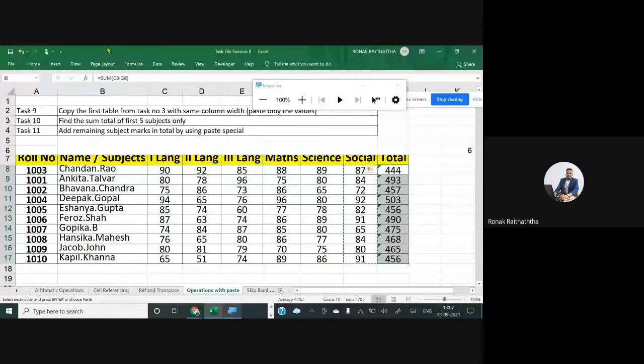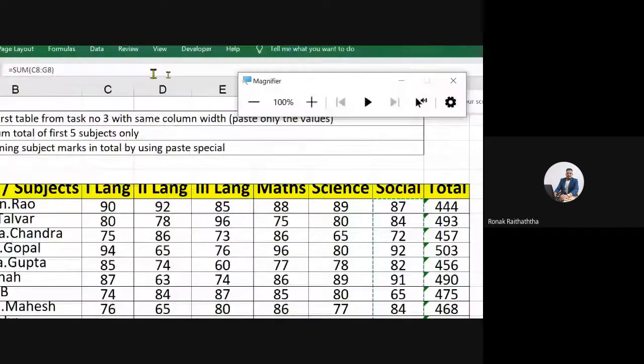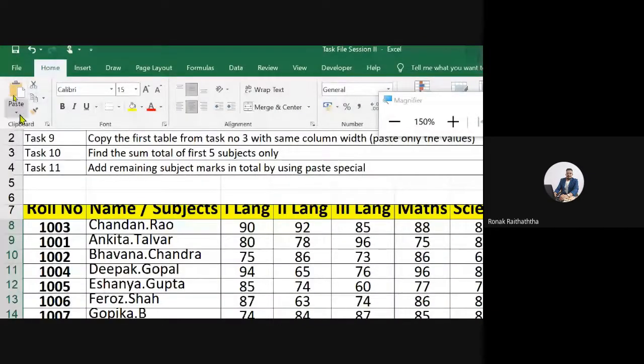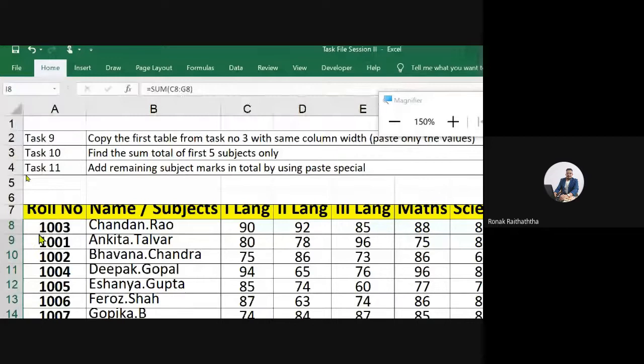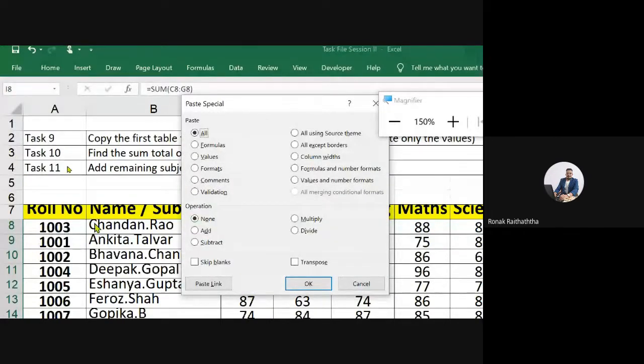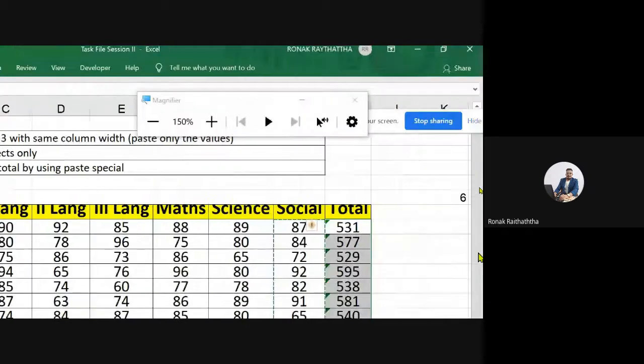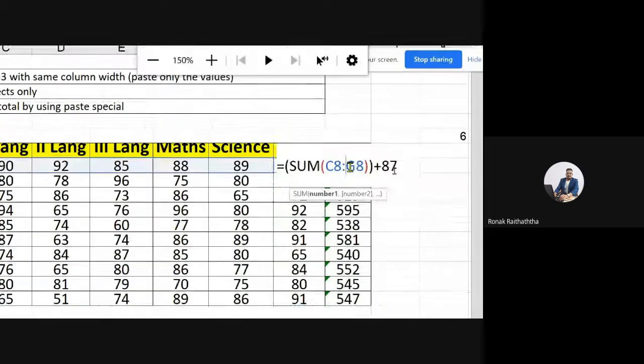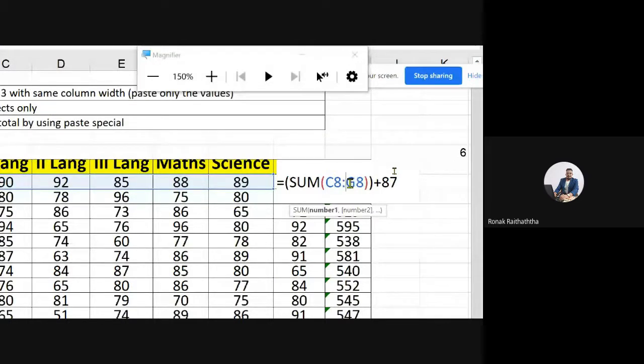So I will go to again the home tab, paste special, and in operations you should be able to identify this option of add. Just select on that add option. Press OK. You must have observed, my friends, that in the summation, the marks of social which were left alone